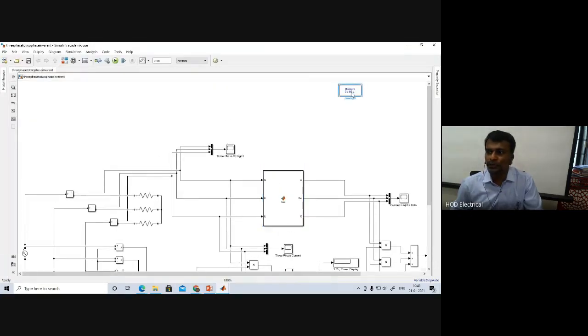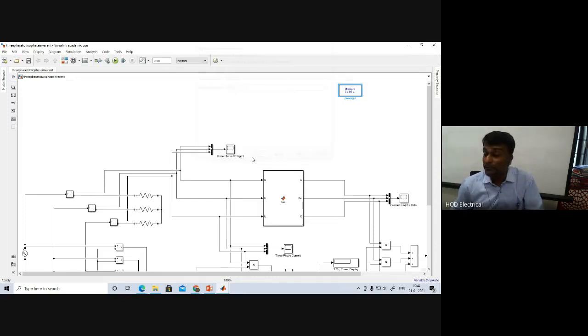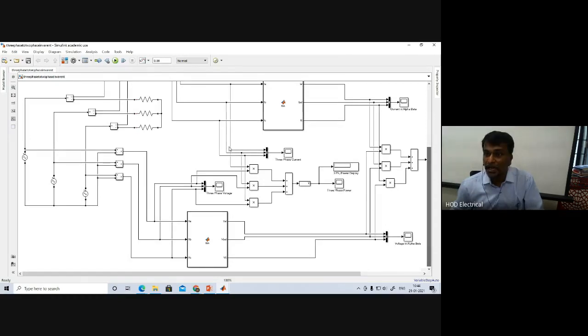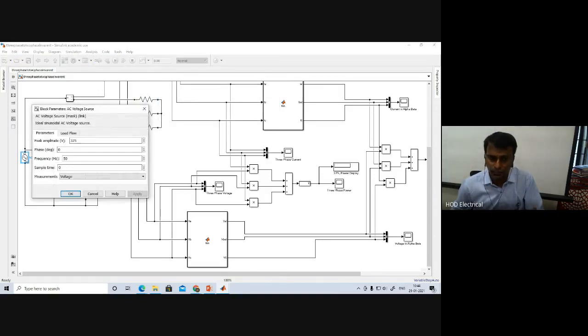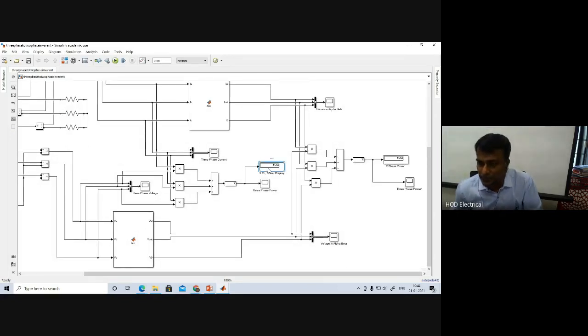Then here you have to use this power GUI block, a discrete, and by opening it, you have to make it discrete to 50 in the power minus 6 sample, so that we can see the waveforms very clearly. Already we proved that if the resistance is 100 and supply voltage is 230 volt RMS and peak voltage of 325, if we run the simulation, the total three-phase power is 1584 watts. Total two-phase power is also 1584 watts.